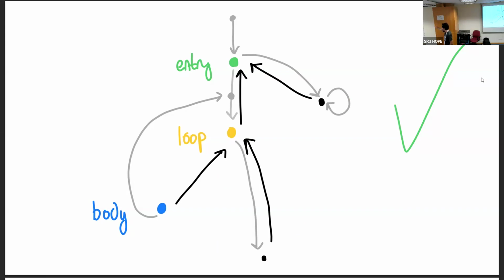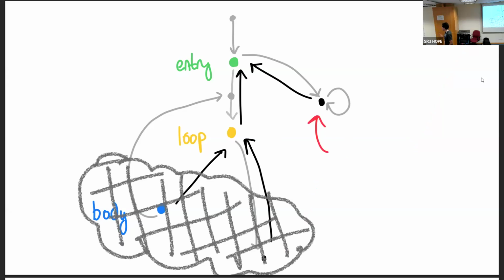Just to make this more clear, let's say I added another node over here. That doesn't change the rest of the dominator tree. And now, if I added a jump from that node to loop, it still doesn't change the dominator tree. Everything is good because there's no new way to get through loop without going through entry. So, the relation is preserved. But again, if I jump from there straight to the end, same thing. There's a new way to get to the end of the function, and the dominator tree is broken.